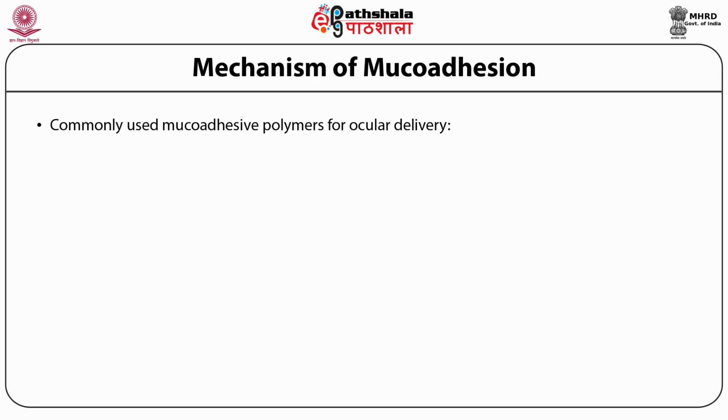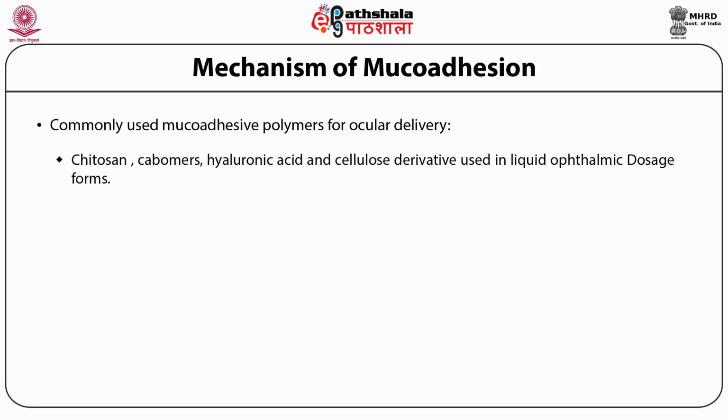Commonly used mucoadhesive polymers for ocular delivery. As we have gone through this current module, we could appreciate that ocular drug delivery systems could be of different physical forms, which might include liquids, semisolids, and solid ocular drug delivery systems. There are a variety of polymers which are suited for designing each of these kinds of ocular drug delivery systems. Mucoadhesive polymers like chitosan, carbomers, hyaluronic acid, and cellulose derivatives are used in the liquid ophthalmic dosage forms,